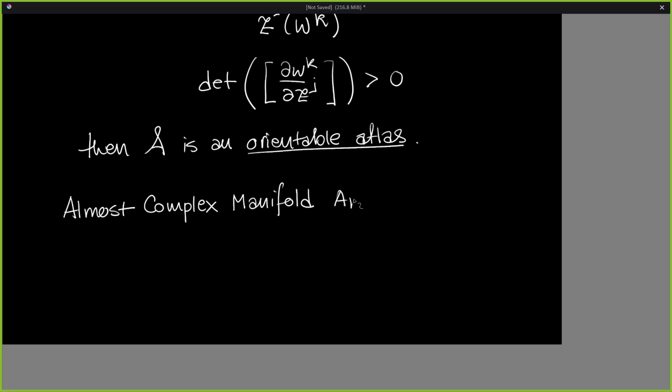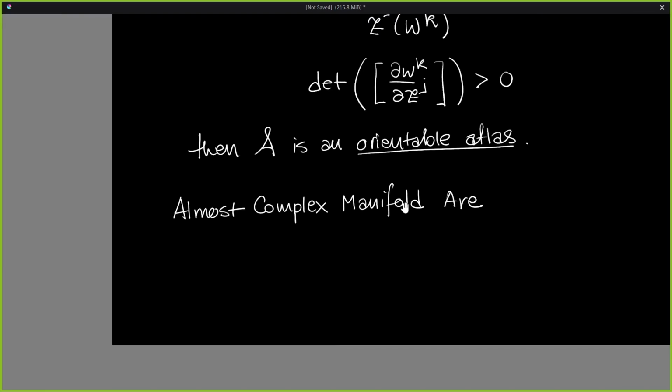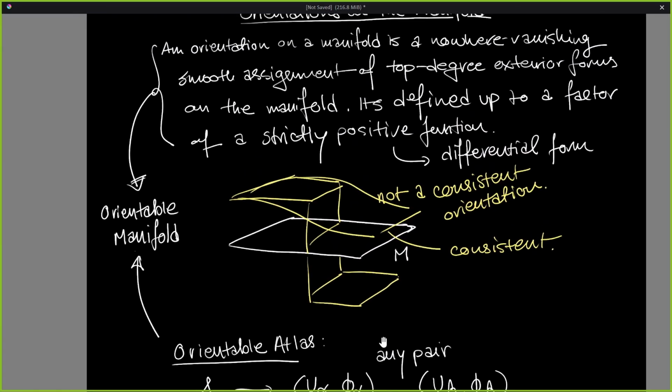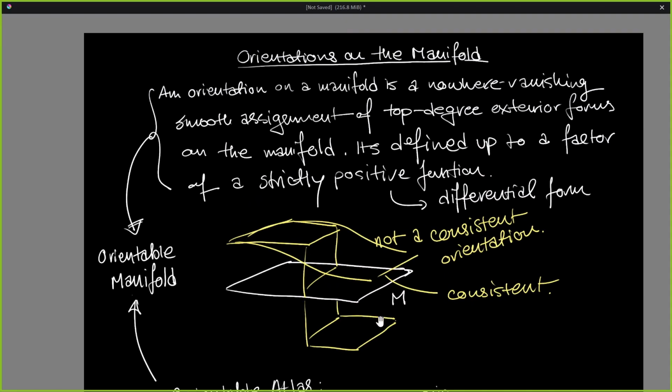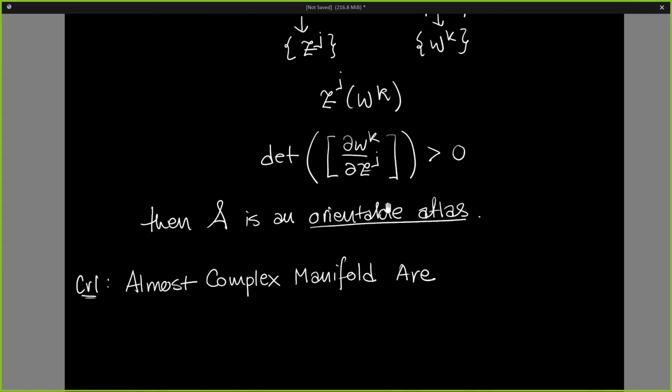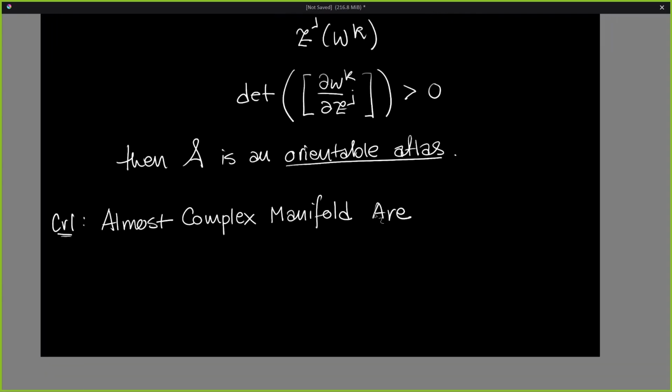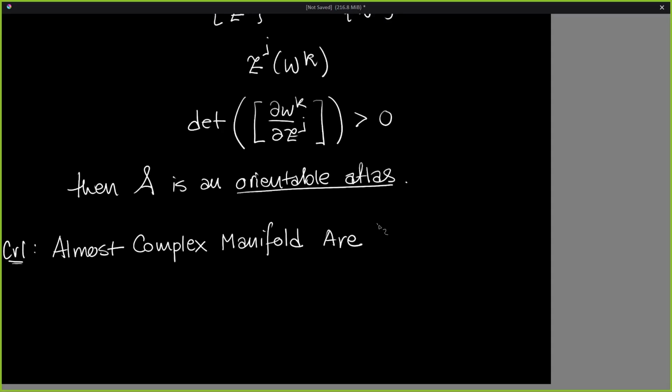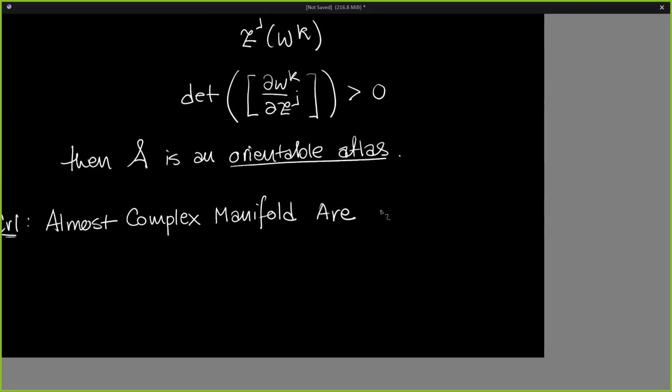So this is a corollary of the theorem that we just proved. Not this, this is the definition. The theorem we just proved is that all real vector spaces with bases induced by J have the same orientation. So a corollary to that theorem is that almost complex manifolds are always orientable